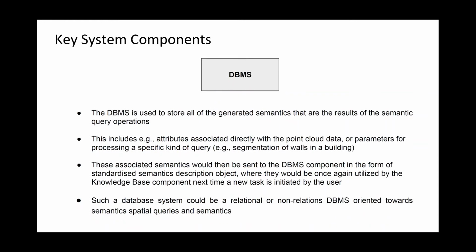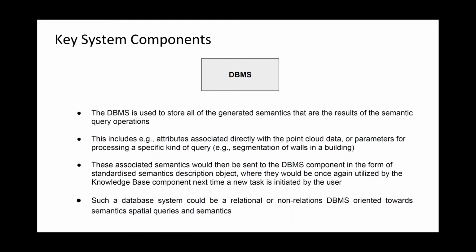The database management system component is used to store all of the generated semantics that are the results of the semantic query operations. This includes examples, attributes associated directly with the point cloud data, or parameters for processing a specific kind of query, such as segmentations of walls in a building. These associated semantics would then be sent to the database management system component in the form of a standardized semantics description object, where they would once again be utilized by the knowledge base component next time a new task is initiated